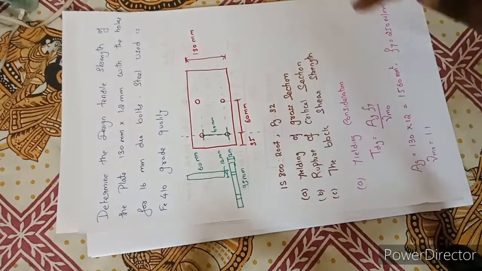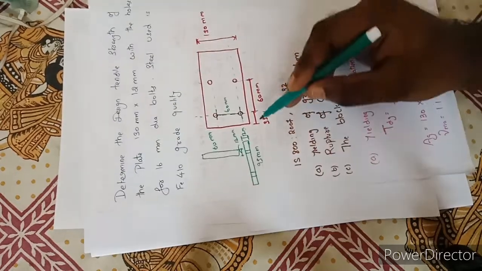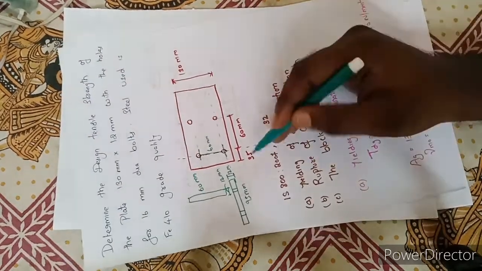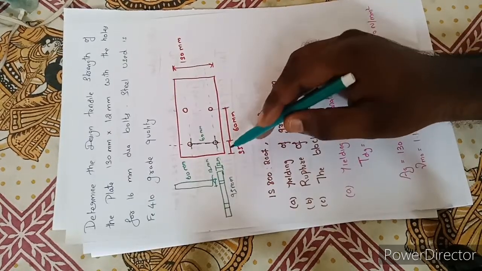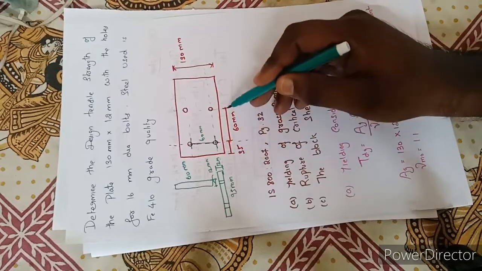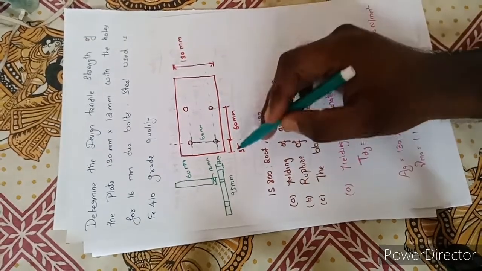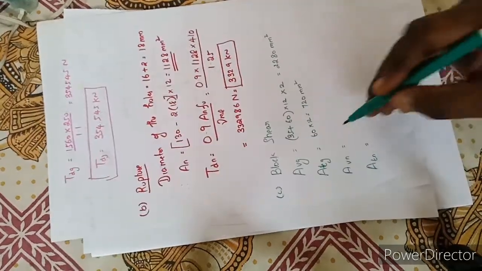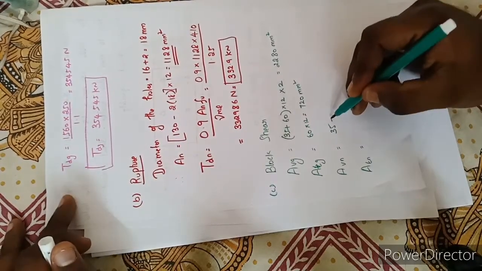So what I am going to do is add 35 plus 60. See, the distance is from the edge to the half of the second bolt. So 35 plus 60,